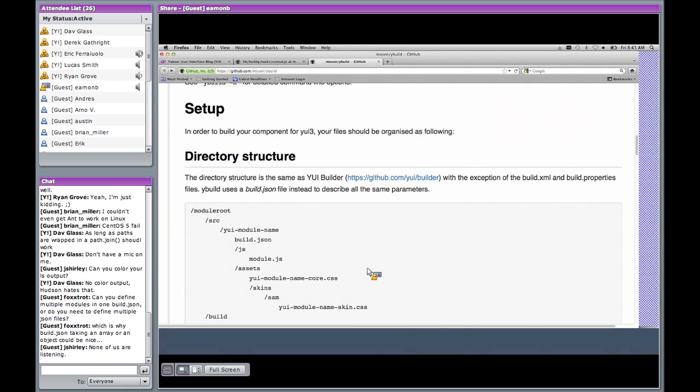Okay. The first thing that I looked at was trying to recreate the YUI Builder stuff in Jake, which is a pretty popular Node build script tool. And it kind of mimics the way that make files or rake files or whatever work.